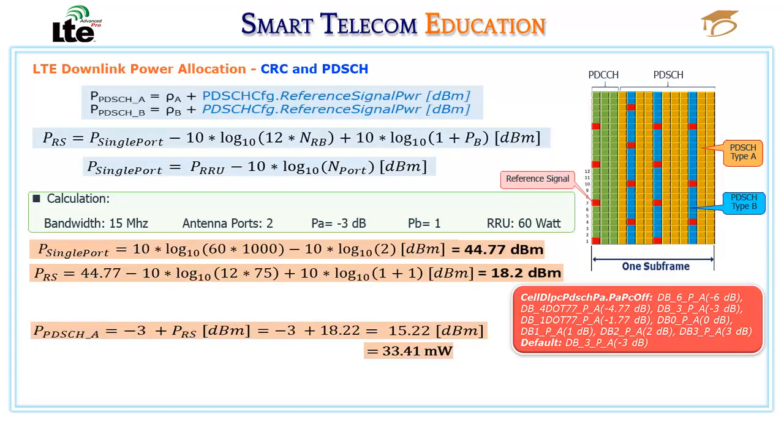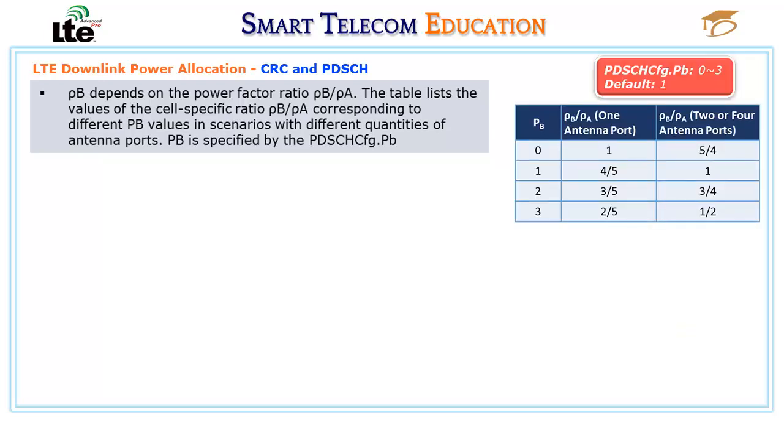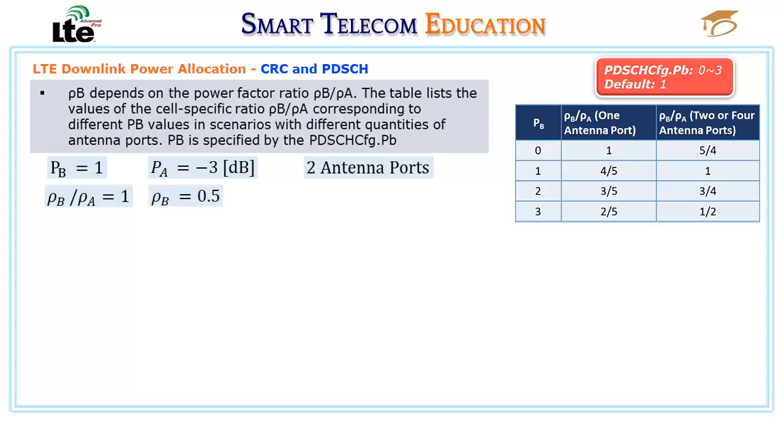To calculate the power of PDSCH type B, we need to calculate the value of ρ B. ρ B depends on the power factor ratio of ρ B to ρ A. The table lists the values of the cell-specific ratio ρ B to ρ A, corresponding to different PB values in scenarios with different quantities of antenna ports. In our example, PB is 1, PA equals -3 decibels, and 2 antenna ports. So, the ratio of ρ B and ρ A is 1, then the ρ B value is 0.5